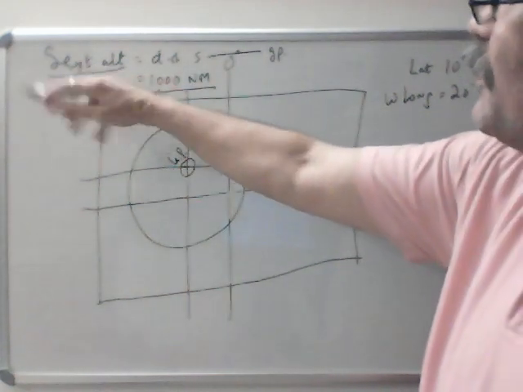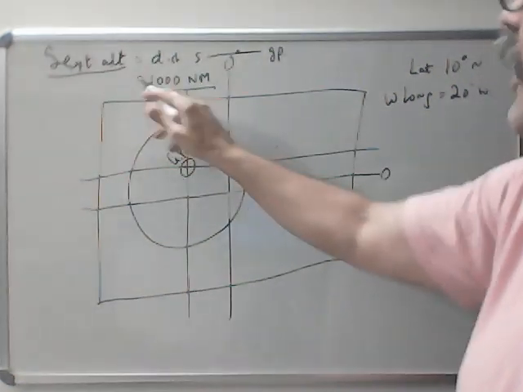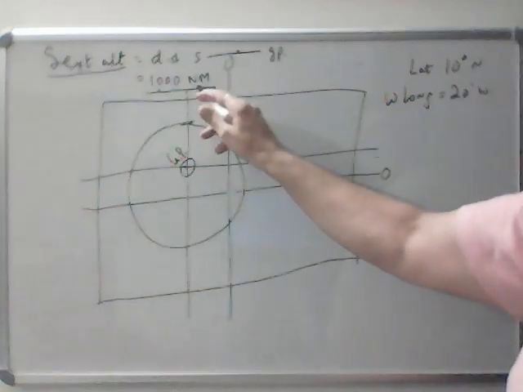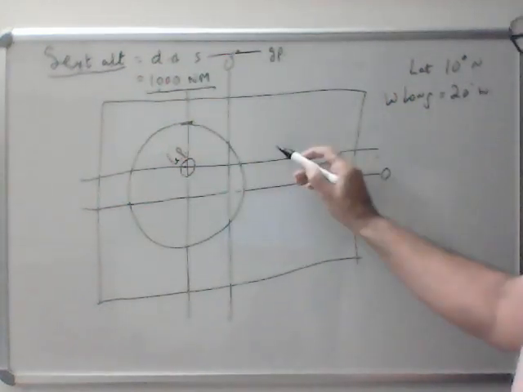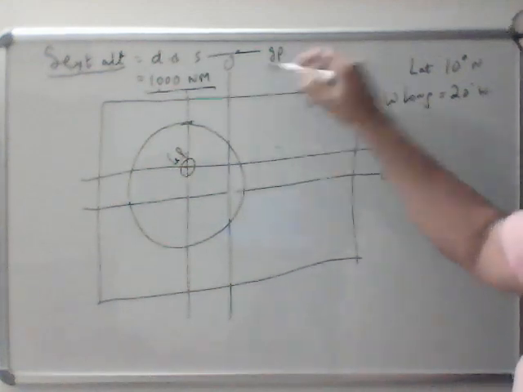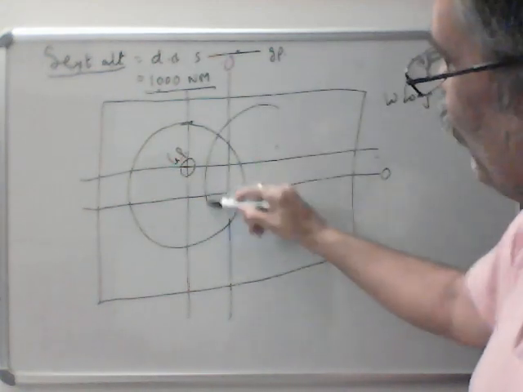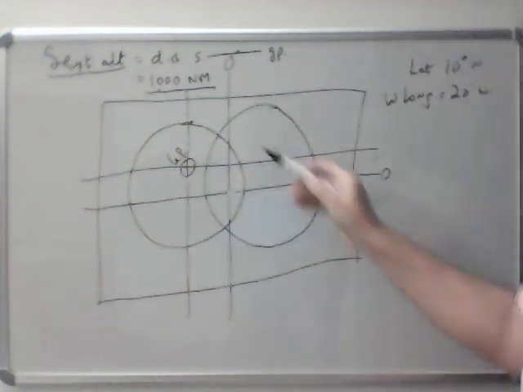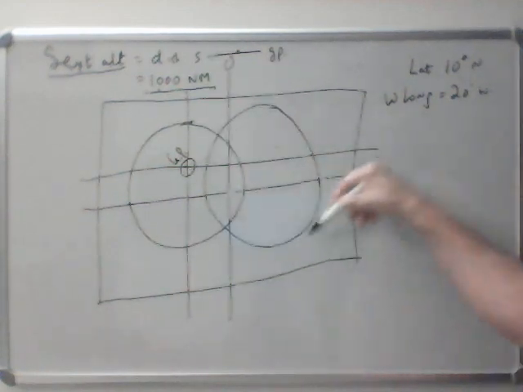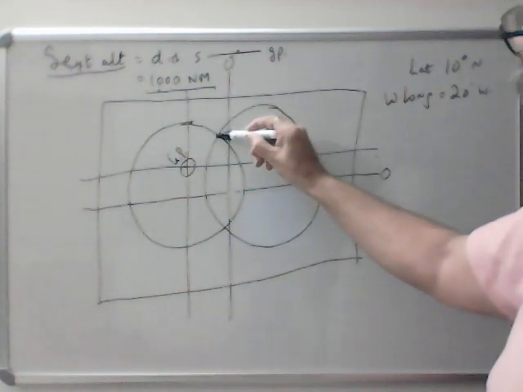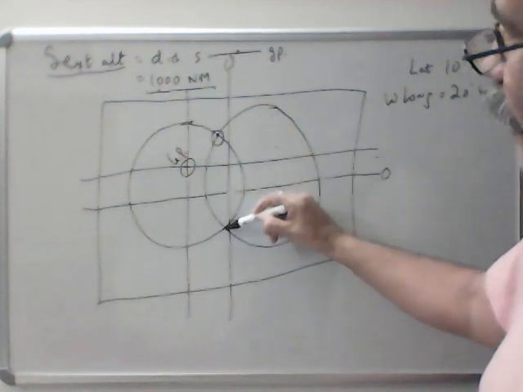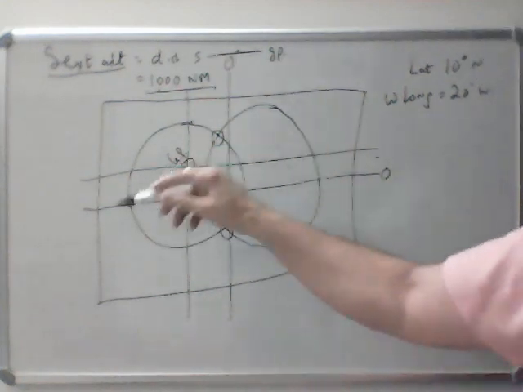Again from the second sextant altitude you will get a different distance, let's say 2000 miles. So from here you make another circle, radius 2000, and plot that circle. So ship is somewhere on this circle as well as on this circle. So she has to be either here or here, where the circles intersect.